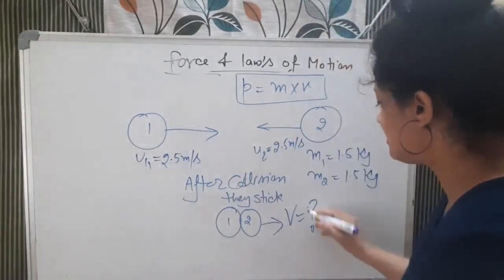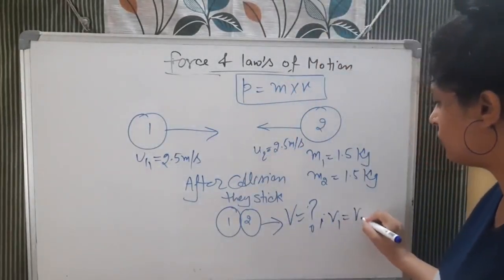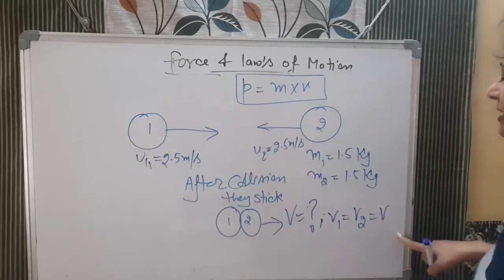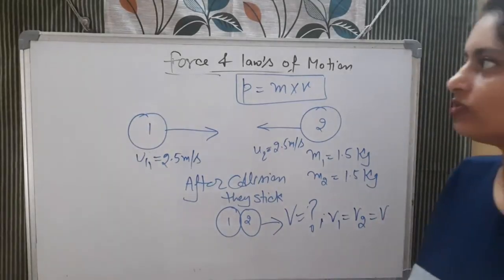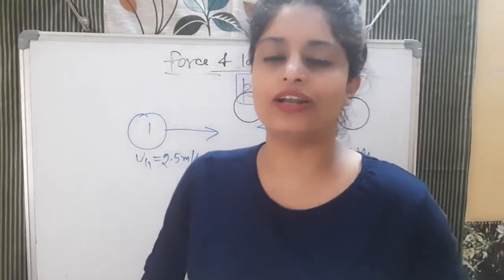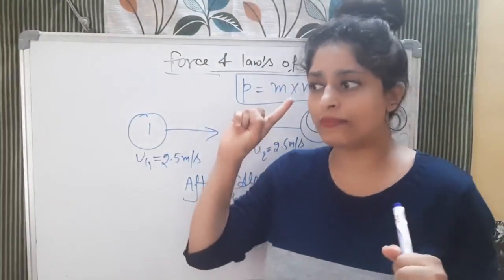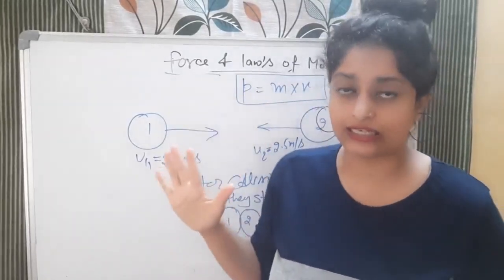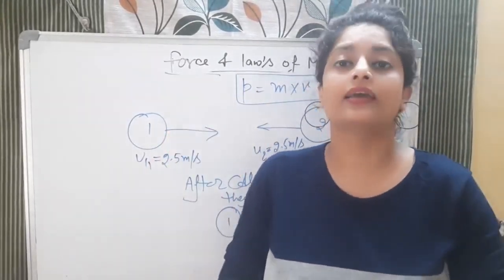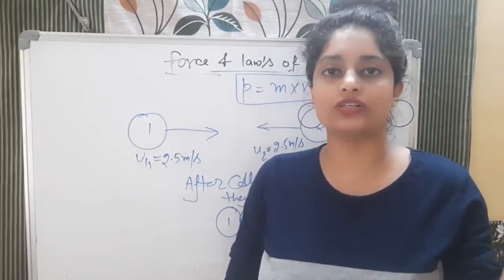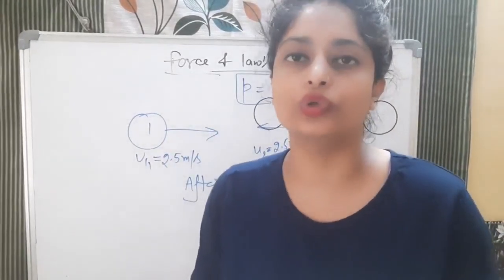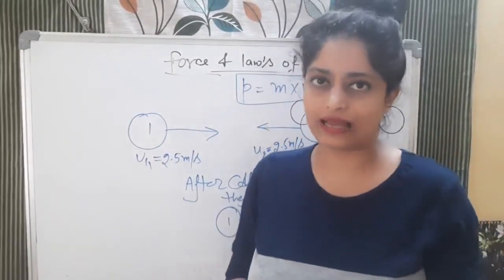So here we can say that v1 and v2 both will be equal, and we have considered that to be equal to v. Now we need to calculate that value. To calculate it, what do we need to use? Conservation of momentum. Everyone knows the formula; I already wrote all the formulas we will use in this chapter. What is the conservation of momentum, children? M1 U1 plus M2 U2 is equal to M1 V1 plus M2 V2.